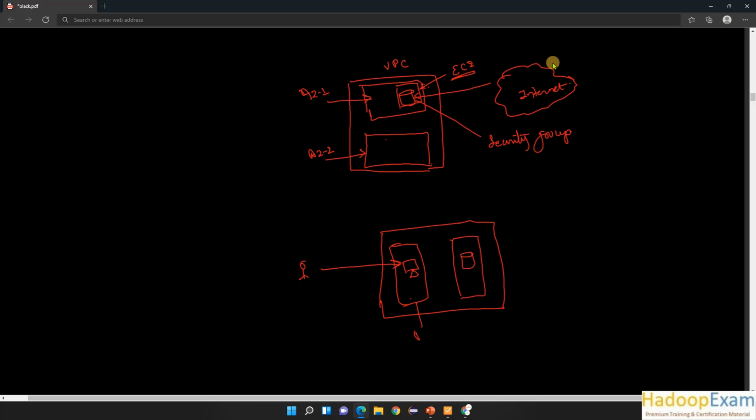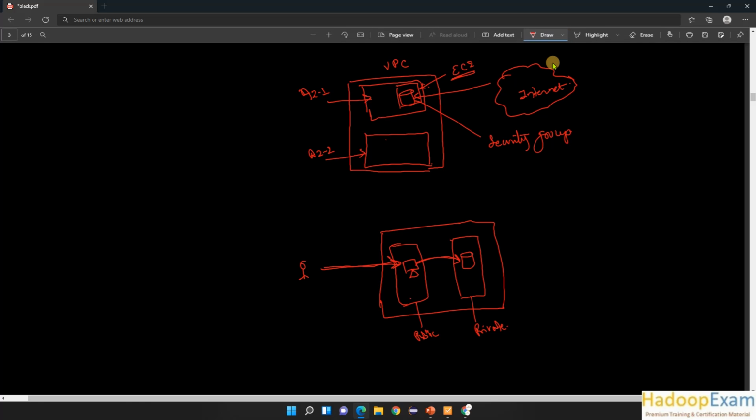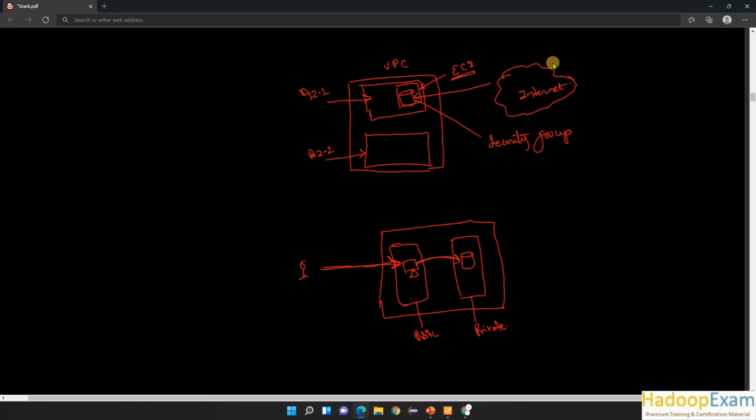This would be your public subnet because it is public facing, and this is your private subnet because it is in the backend, and only the server needs to access it. This is the general use case, where for security reasons you don't want to make the database public, but you have to make the web server public so that people can access it. So that is your general architecture.